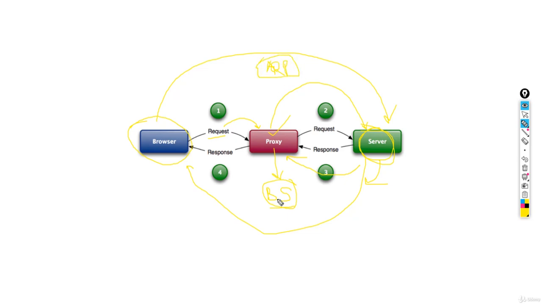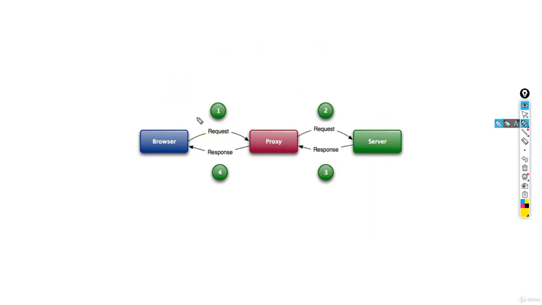That means if the Burp Suite, which is the man in the middle, says that I am the router, or basically I am the server, then the browser or client is going to accept that. That means the request will be sent to this, not to the server. So this is how the ARP protocol works.